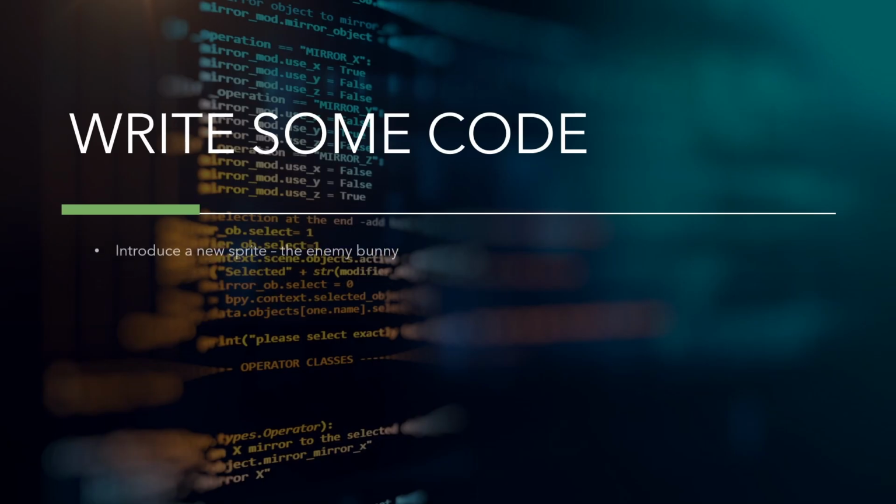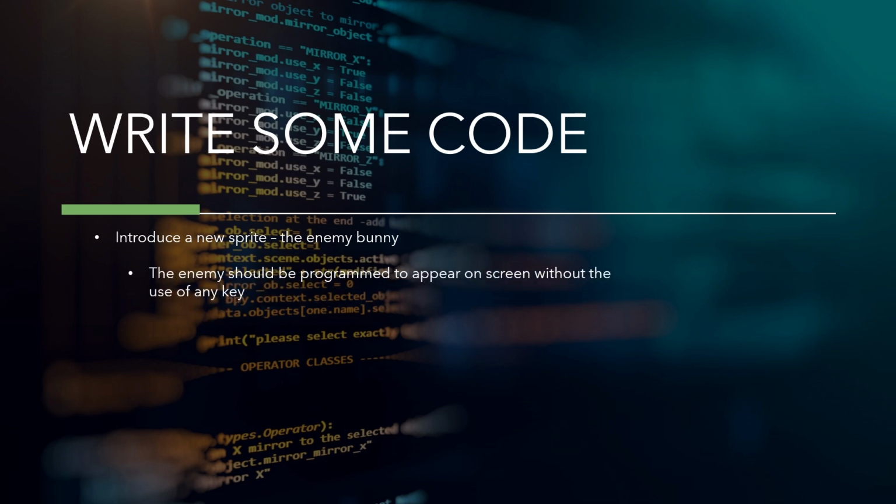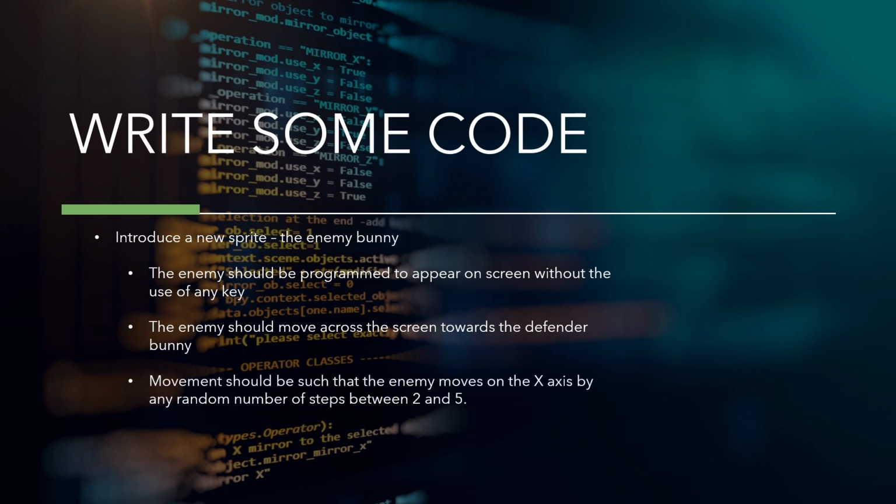We'll start by introducing our new sprite. We need to make sure that the enemy sprite appears on screen automatically without the user having to press any key. Movement of the sprite should be such that it moves from right to left towards the defender bunny. Movement of the enemy on the x-axis should be such that the enemy moves by any random number of steps